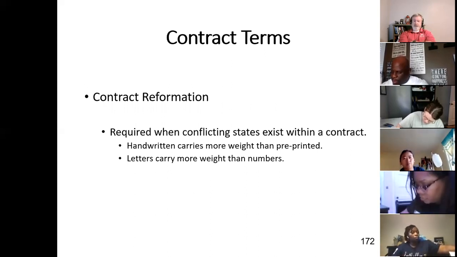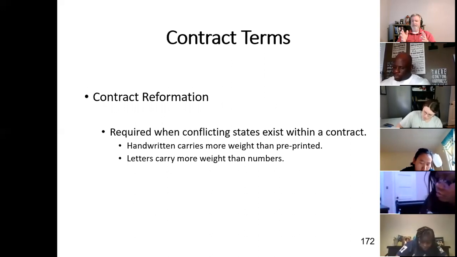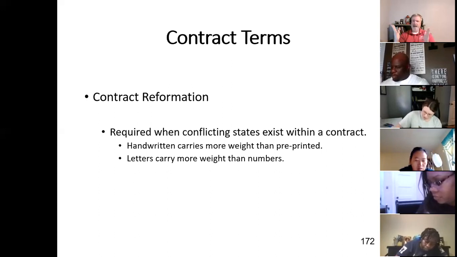This is something you will be dealing with routinely in real estate. Say for example, the contract of sale is already pre-printed. The one that we use here locally, some contracts may vary from area to area, but the contract of sale that we tend to use here locally is 8 pages long. Well, the good news is you don't have to write up an 8-page contract every time you try to sell a house. They're already pre-printed, right? It's just blanks you have to fill in. That's all there is to it.